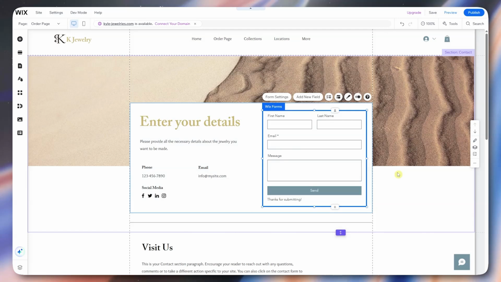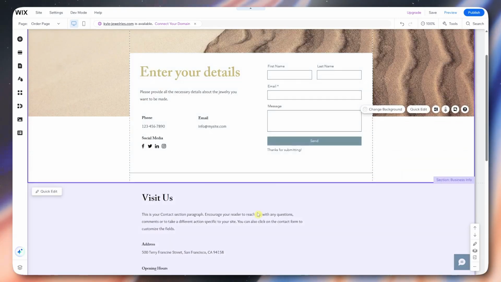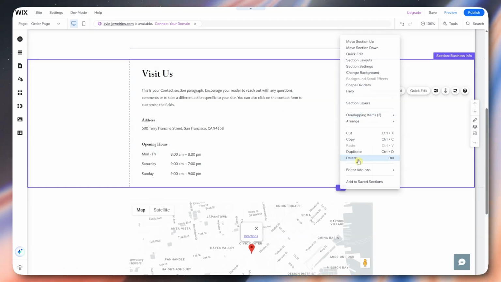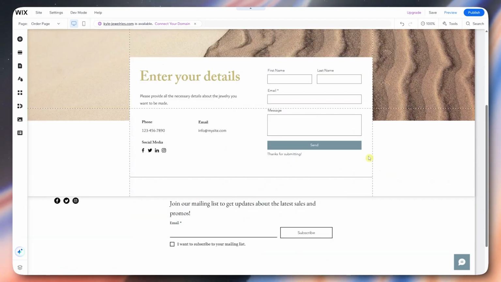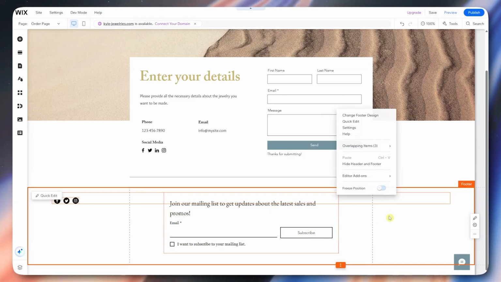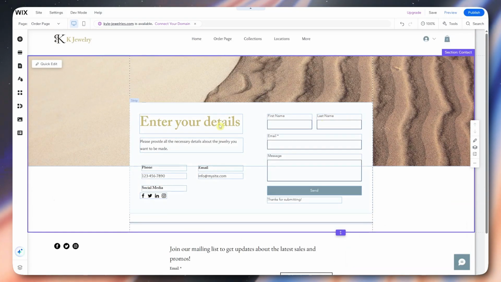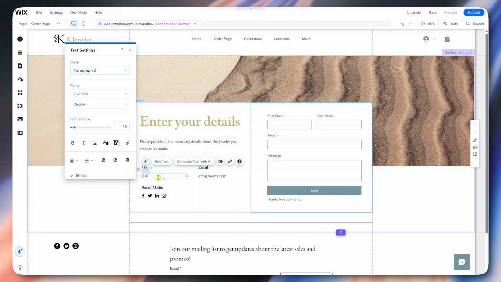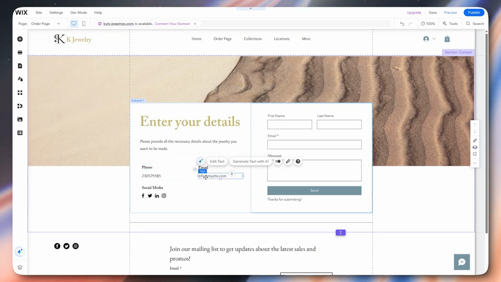So now in here, I'm just going to edit this slightly. And I'm going to remove this section right here. So I'm just going to remove this because this is not relevant information, and delete this also. And for this one, I would just keep it as it is. So yeah, that's it. So in here, this is the order form right here, for example. And then we have our phone, our email, and so on. So I'm just going to go for the phone number in here. And then the email is